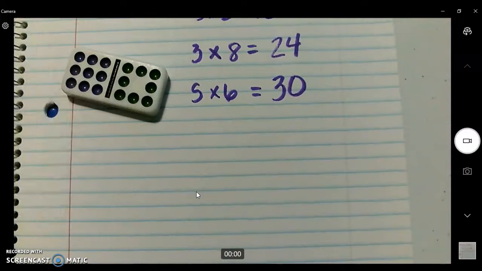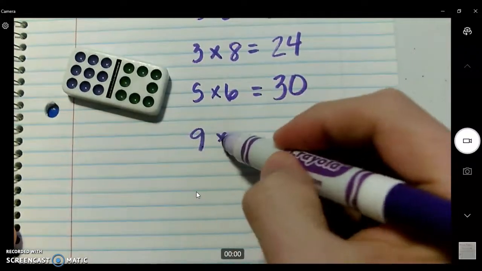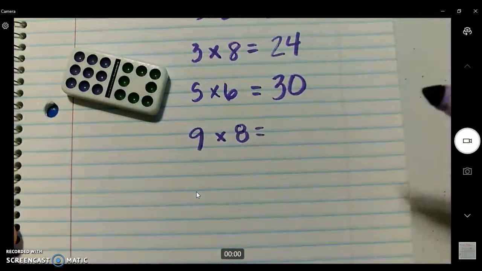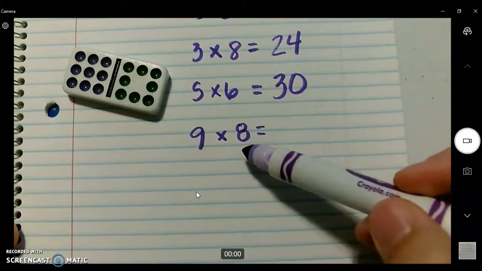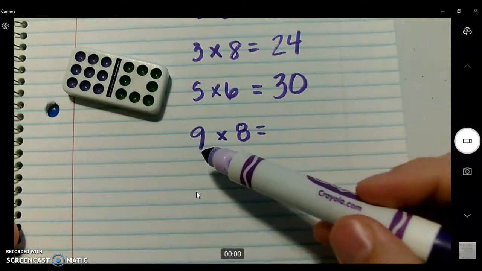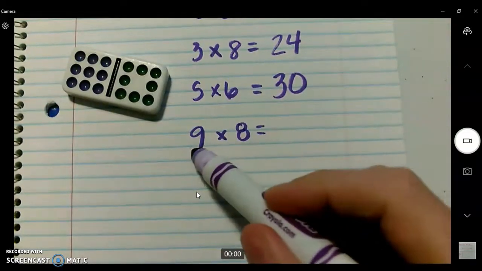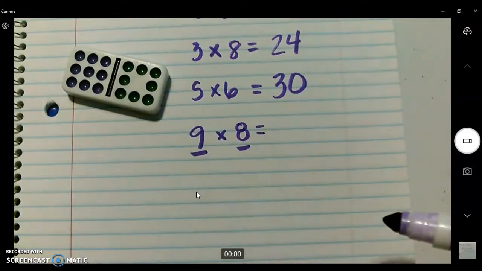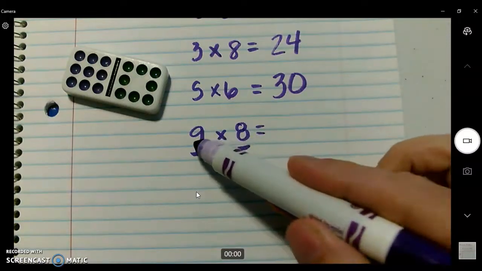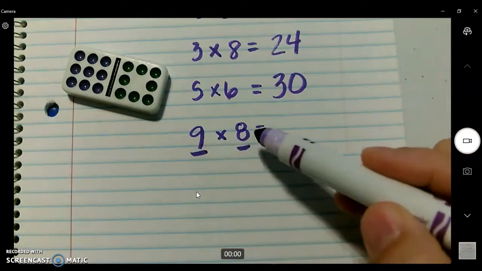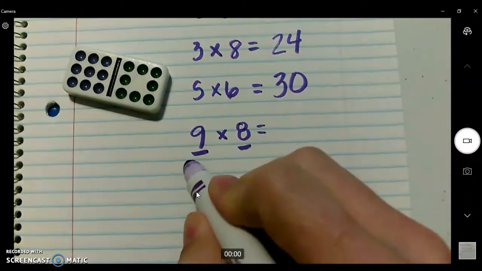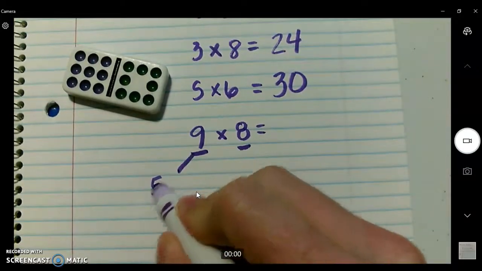This one I have 9 times 8. Alright, well let's pretend I'm not really good with my times 8s, and let's pretend I don't have a times 9 strategy. Well, this right now is the perfect time to use the break apart or distributive property, which says I can take one of these digits and break it apart to make it easier. I'm going to break apart my 9 because I'm better at times 8s. So I'm going to break it apart into 5 times 8